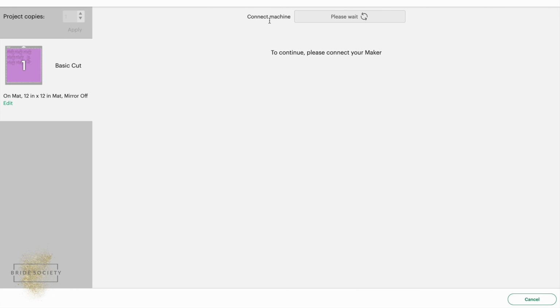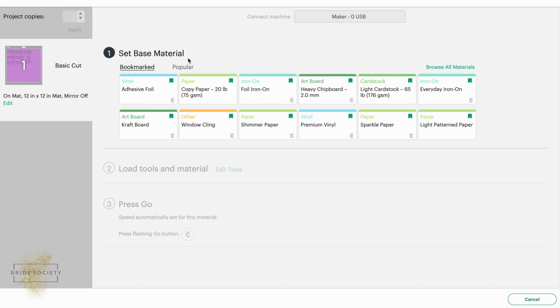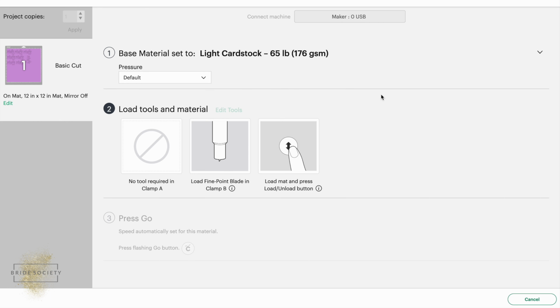As I say, your machine needs to be connected so it can search for it here. Pick your base material, so obviously click whatever is most closely describing what you're using. I'm going to pick cardstock. If you haven't bookmarked any here previously, and so this is empty, don't worry, just come to browse all materials and pick something from that list. But say I'm going to use light cardstock, and then you can go ahead and load your fine point blade